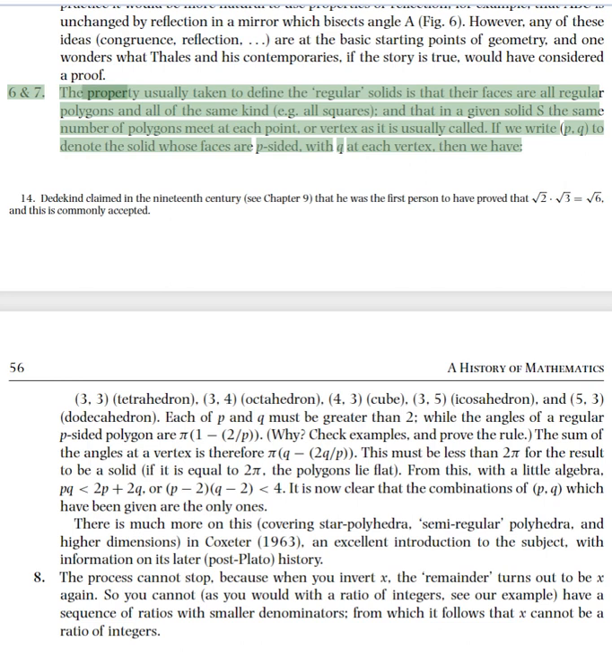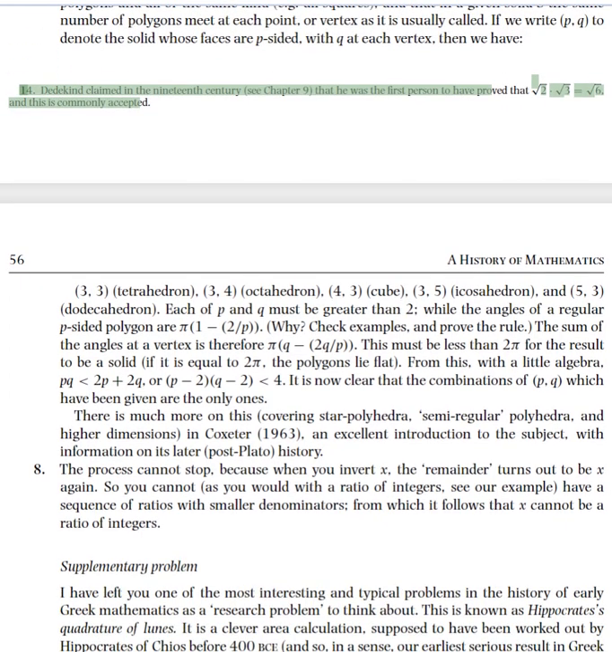6 and 7. The property usually taken to define the regular solids is that their faces are all regular polygons and all of the same kind, and that in a given solid S the same number of polygons meet at each point, or vertex as it is usually called. If we write {p, q} to denote the solid whose faces are p-sided, with q at each vertex, then we have